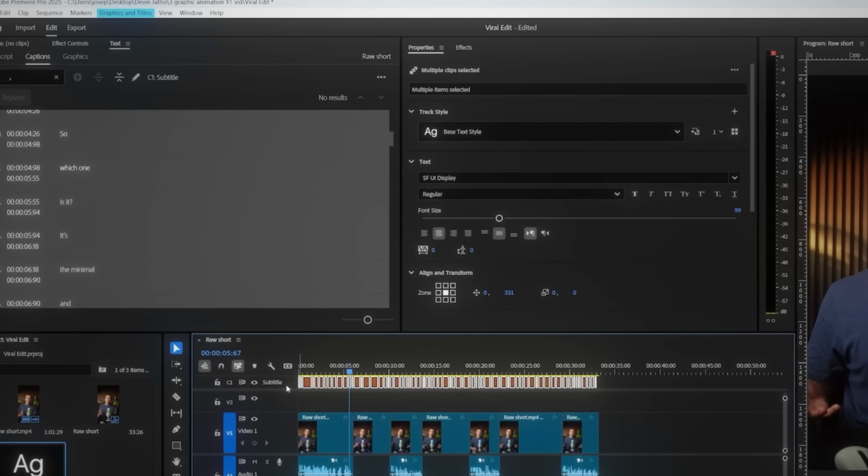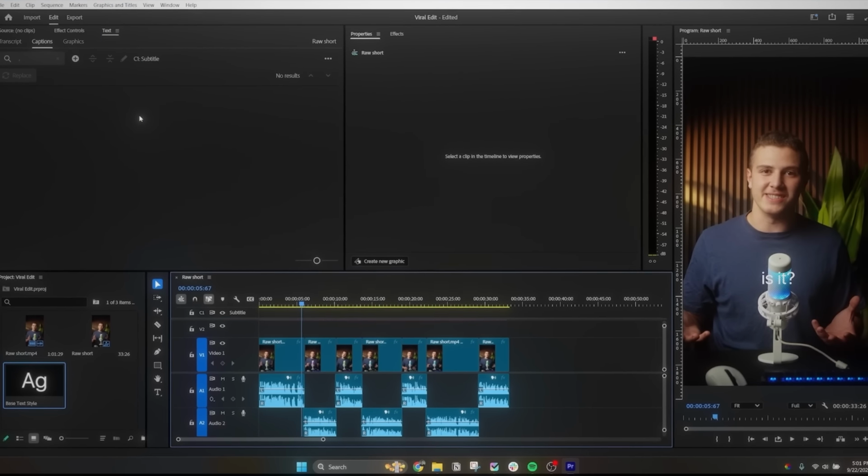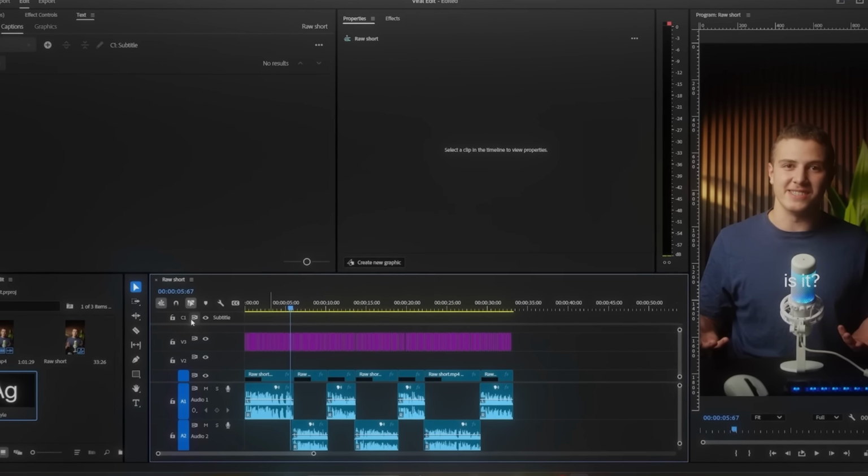The last thing you should know is that these yellow layers over here are actually very limited. So we select all of them, click on Graphics and Titles, and click on Upgrade Caption to Graphic. This turns them from a yellow caption layer to a pink graphic layer, which we can then control a lot more. With our engaging cuts out of the way and some high quality subtitles, we finally complete stage 1,